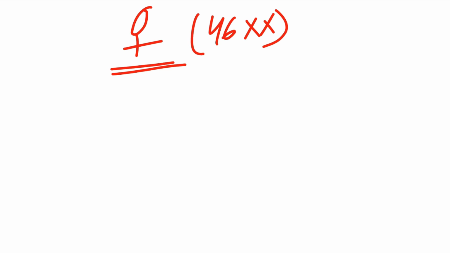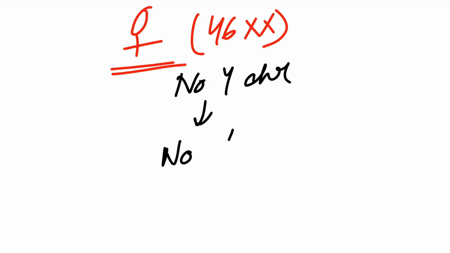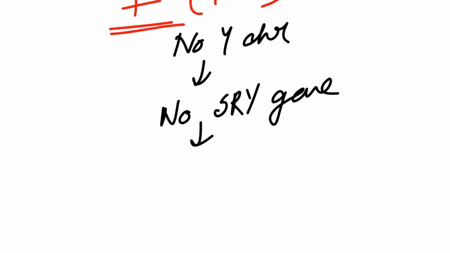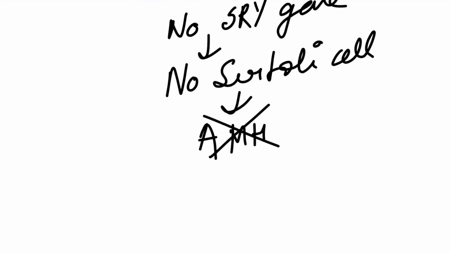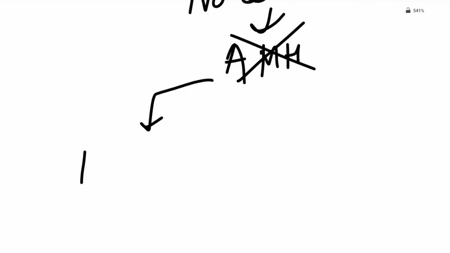Now if we talk about the female reproductive system, then we know that it is very clear. Now we talk about female, which is 46XX. Now because there is no Y chromosome, there will be no Sertoli cells. Obviously there will not be the SRY gene. If there is no SRY gene, there will be no Sertoli cell. If there is no Sertoli cell, the anti-Mullerian hormone will not be produced. So that means what will happen, the Mullerian duct